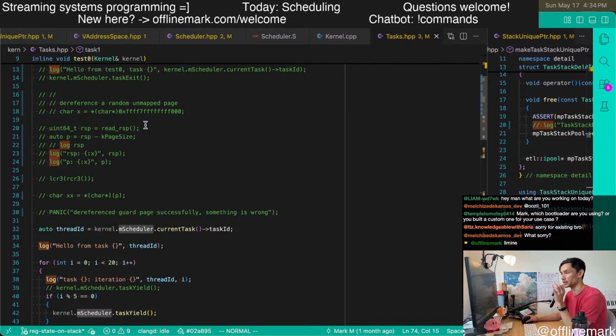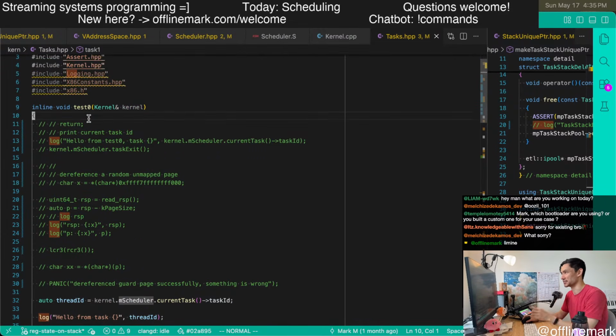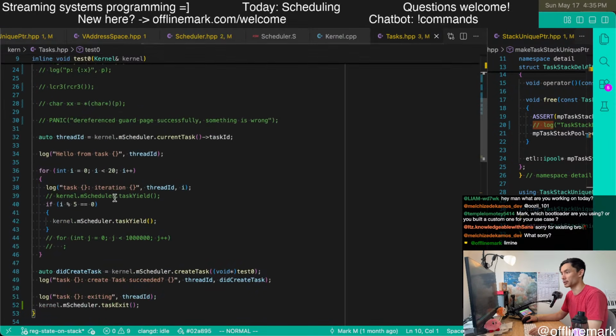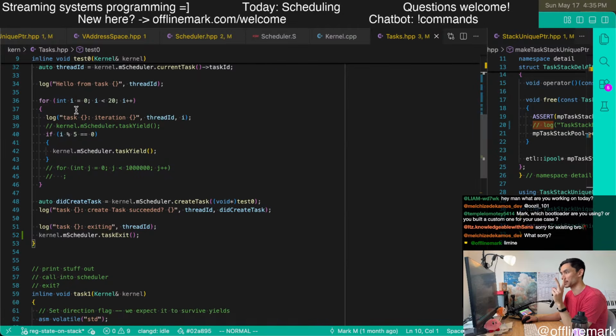Just to be very clear, we have our task test, a task called test 0, and when the kernel starts up, it creates a single task on the system called test 0. Test 0 gets the current thread ID. It prints hello. It does a few iterations where it prints out things, and every 5th iteration it yields itself to something else on the system.